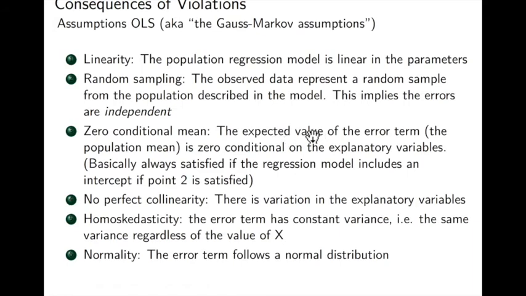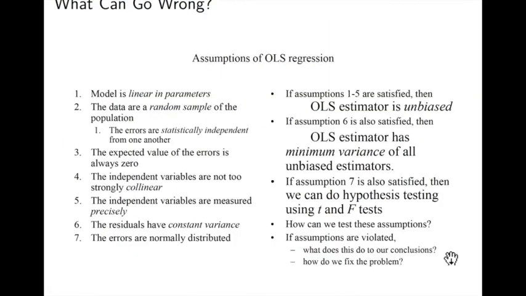Zero conditional mean, the expected value of the error term is 0. This is trivial, this is fine. No perfect collinearity, so we haven't double counted. This is also kind of technical, so we can't have both income as measured in pounds and income as measured in pence. Okay, great. Homoskedasticity, funny word, fun to say. The error term has constant variance, so those errors are not the same for everybody, but equally random, but come from the same distribution. And indeed, that distribution is a normal one. What happens if these don't hold? So I won't belabor it because here's a little slide that tells you the assumption,